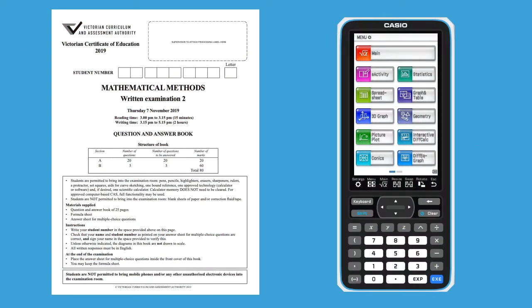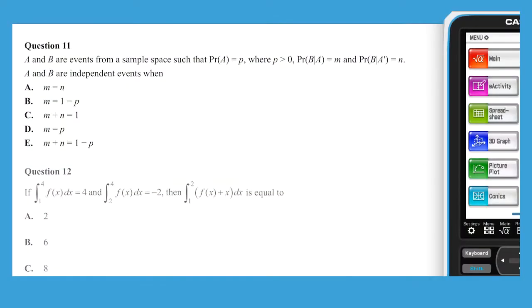This video will present solutions to the VCE 2019 Mathematical Methods Written Examination 2, Section A, questions 11 to 15. Question 11. We are told that A and B are independent events, and by definition, this means that the probability